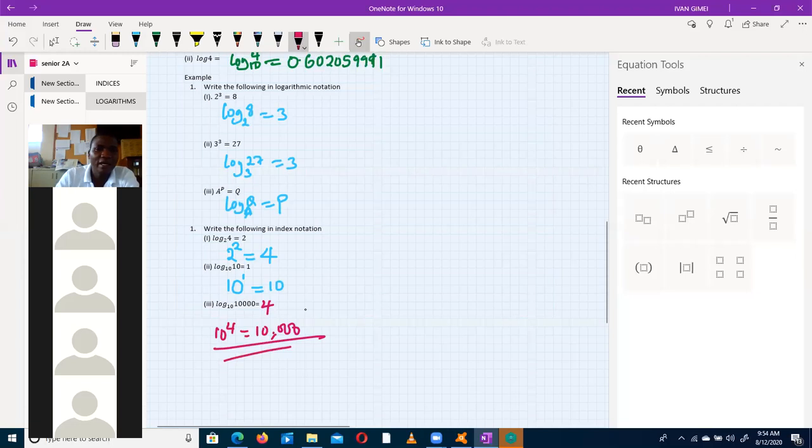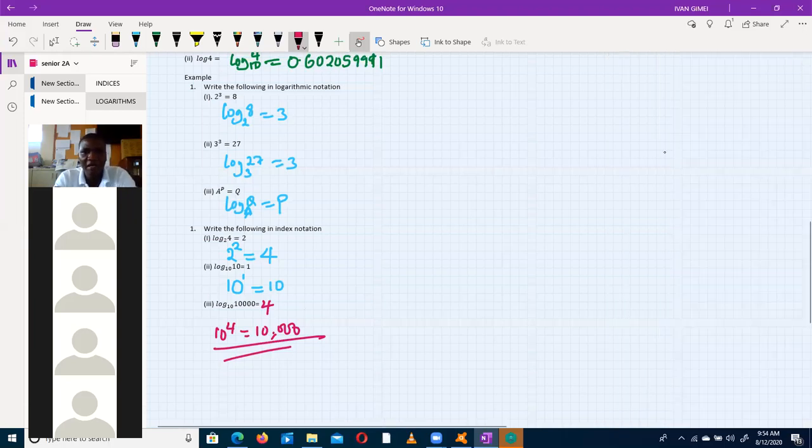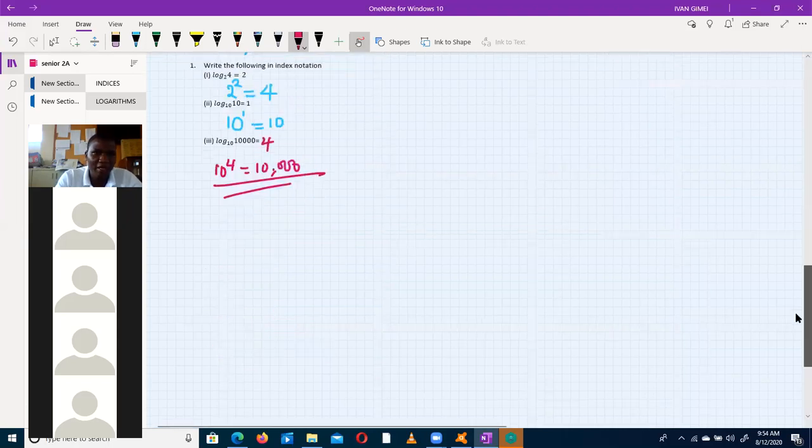We've learned how to write a number given in index form in logarithm form. We've also written logarithms in index form. Index form in logarithm form, and logarithm form in index form. That's what we've learned so far. Now the next thing I want us to do is